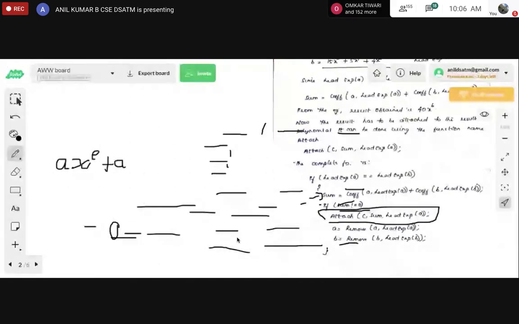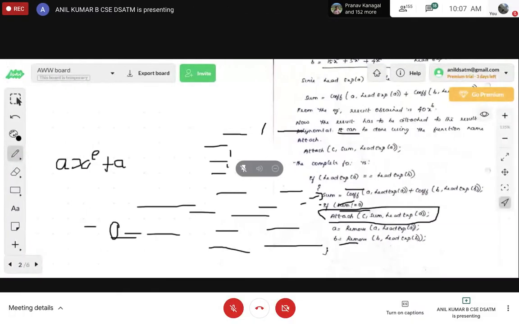If they are equal, then you can perform the addition into sum. By default, if they are not equal, what will be the sum value? The initial sum value will be zero. If we are checking with the if statement and the condition is true, it will evaluate the sum. If the condition is false, what will be the sum value?